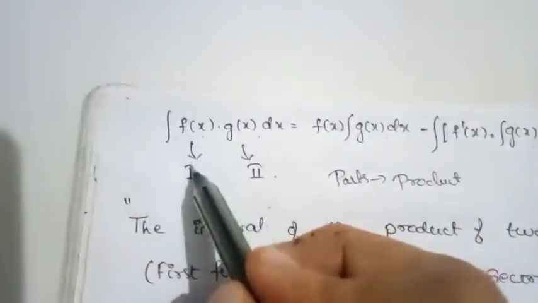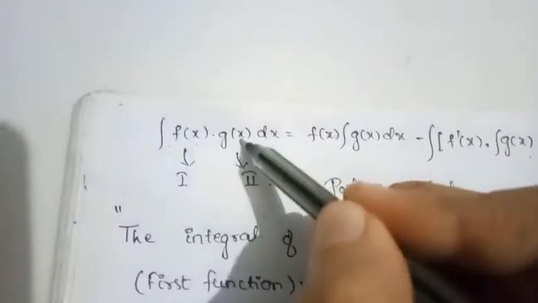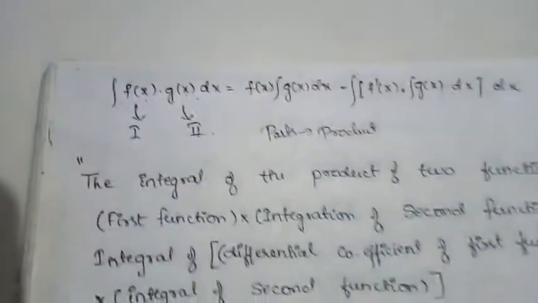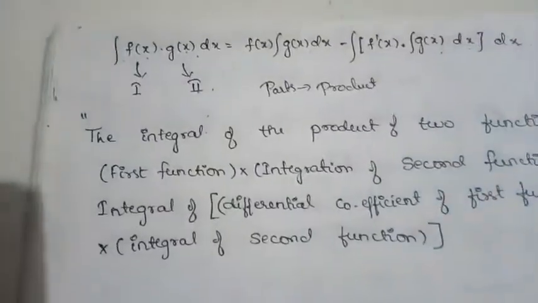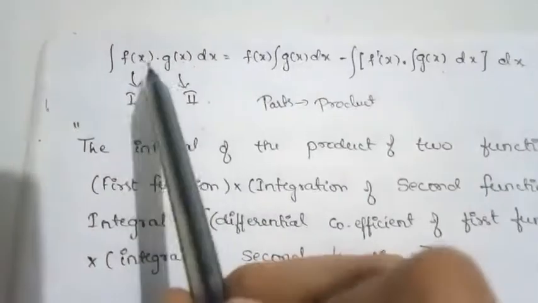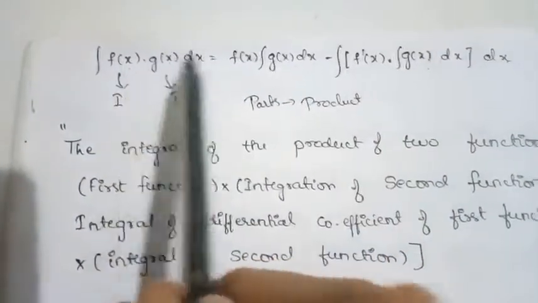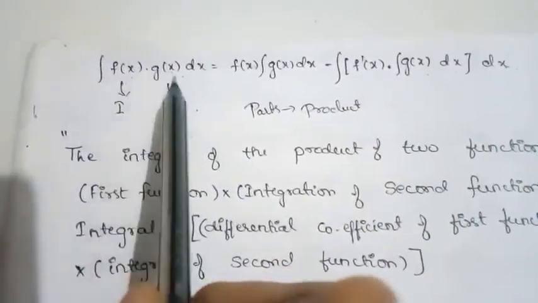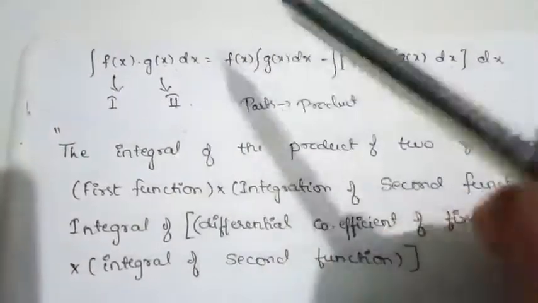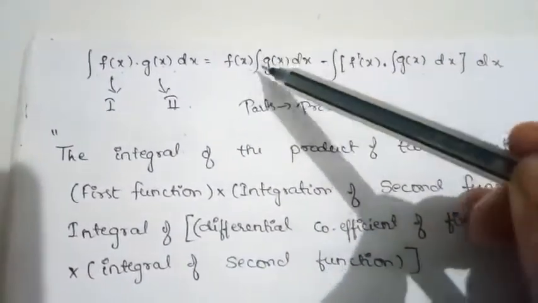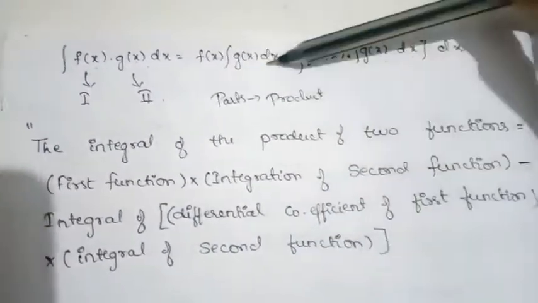If I call f of x the first function and g of x the second function, then verbally, the integral of the product of two functions is equal to the first function into integration of the second function,